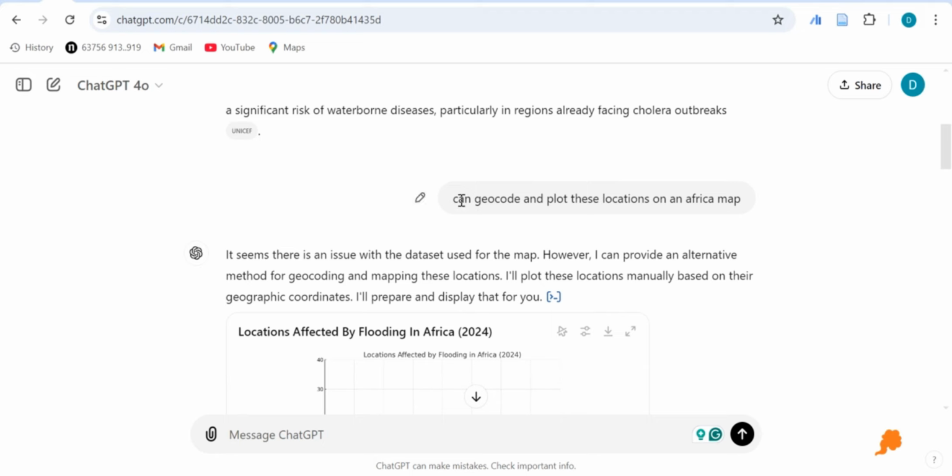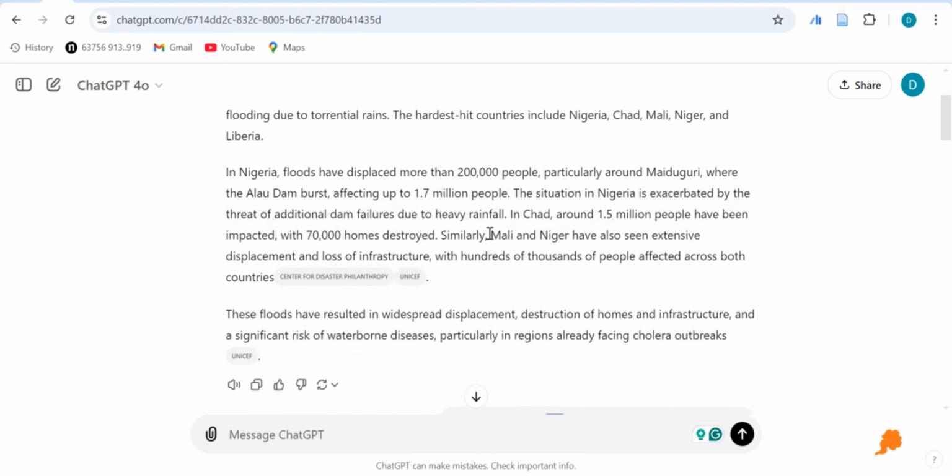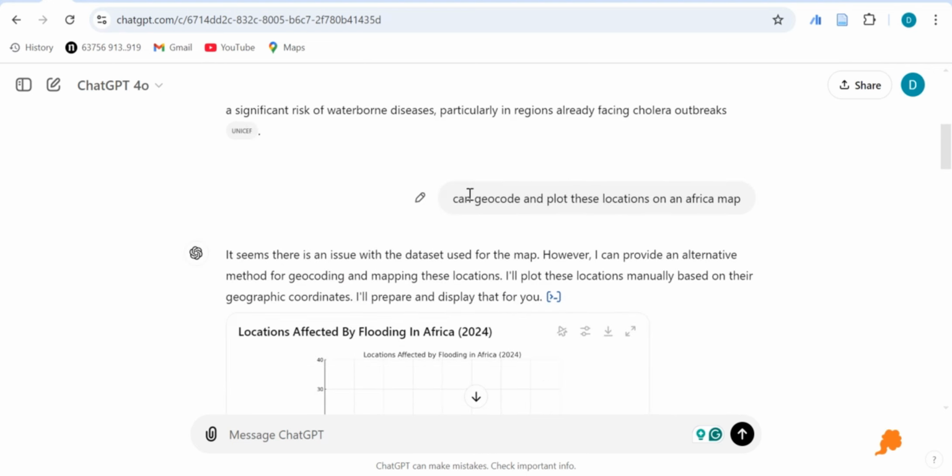And then the second prompt was to ask if it can geocode and plot these locations on an African map. So you have to remember to use these keywords because you are asking it for specific locations. So it's always good to keep in mind this